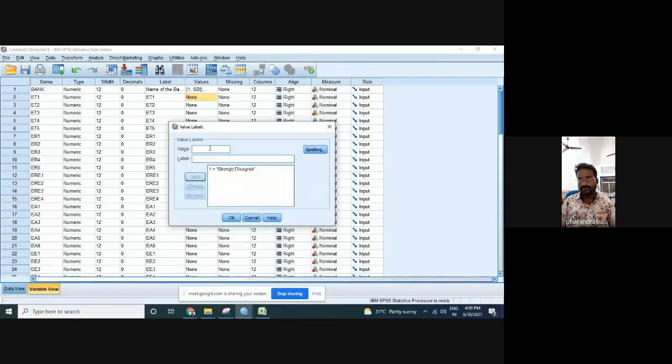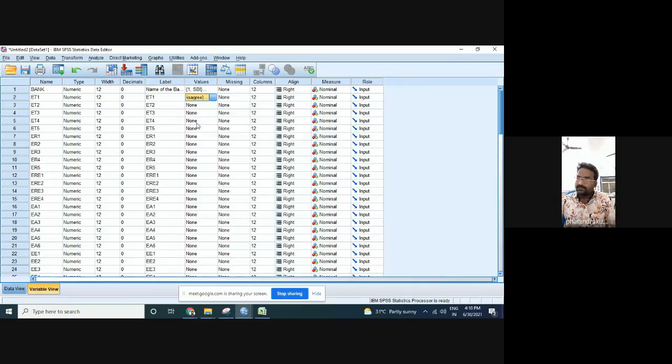It's not necessary to mention it. You can choose your own Likert scale based on your criteria. You can choose 3 or 5 or anything. Here the data is enabled with 5, that's why I'm taking 5. Neutral, and the fourth one agree, and the fifth one strongly agree. I'm taking this and just click on OK.